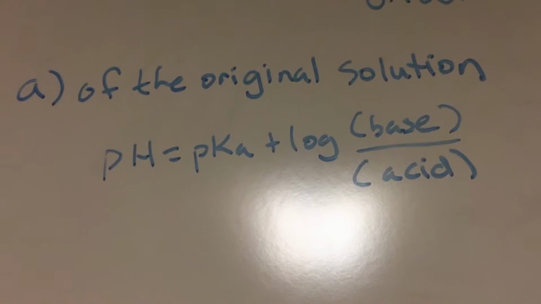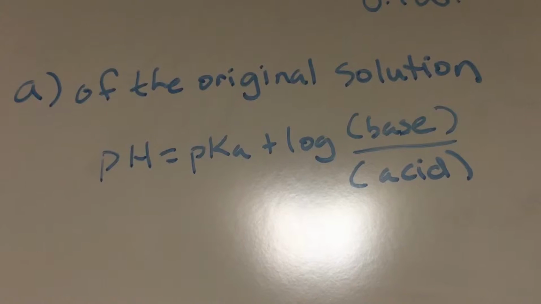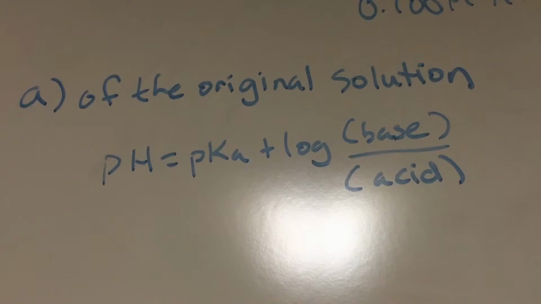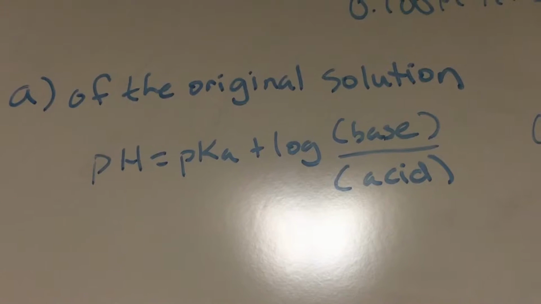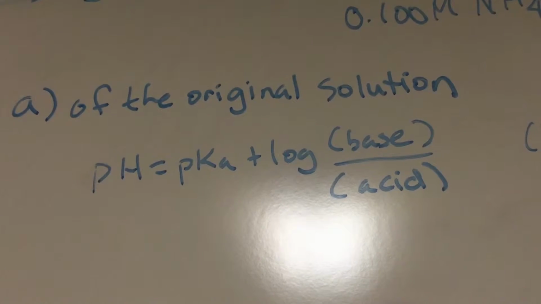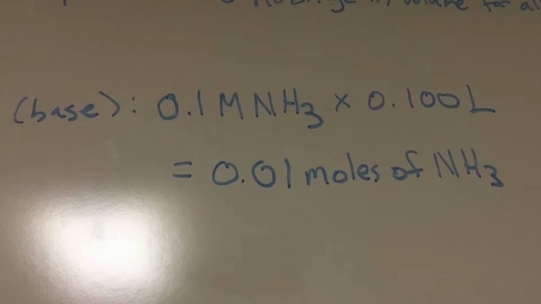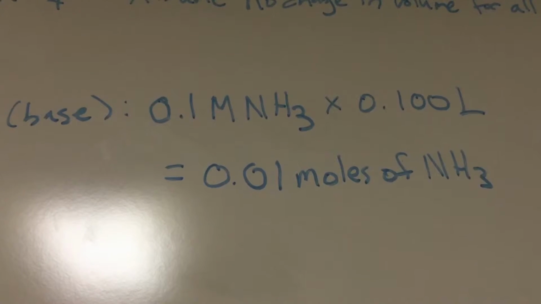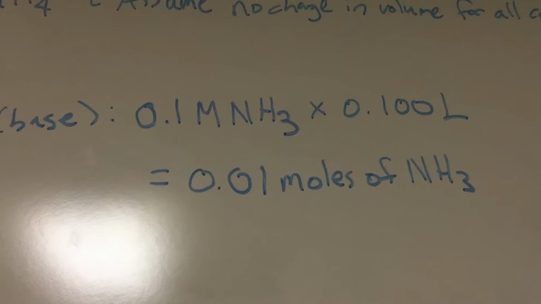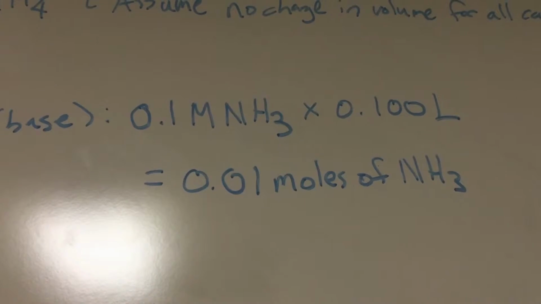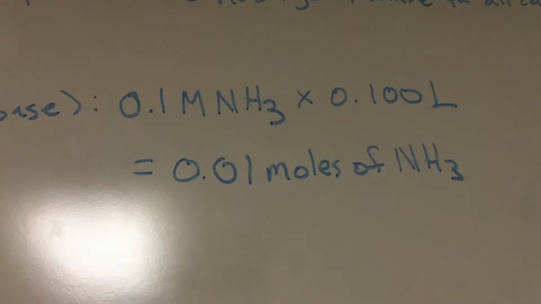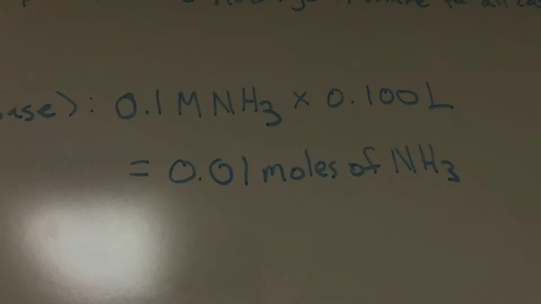Part A of our question asks for the original solution's pH. And so we'll be using the Henderson-Hasselbalch equation, pH is equal to pKa plus log base over acid. In order to derive pKa, it will be shown in the following. First, we need to take the number of moles in the base, and that will be derived by 0.1 molarity times 0.1 liters, which we're given in the original equation, and your final answer will be 0.01 moles of